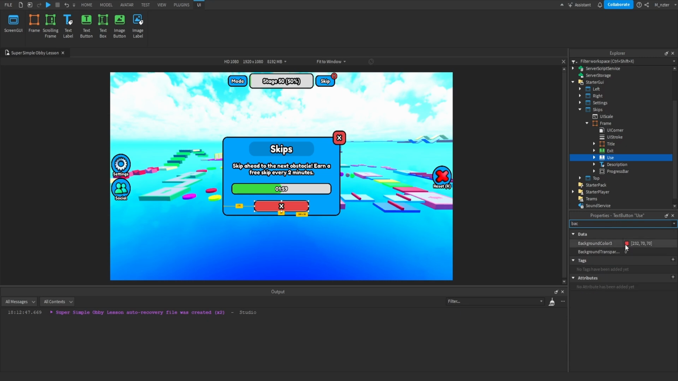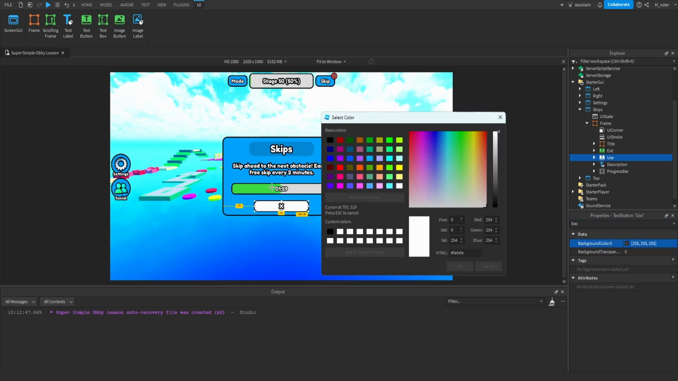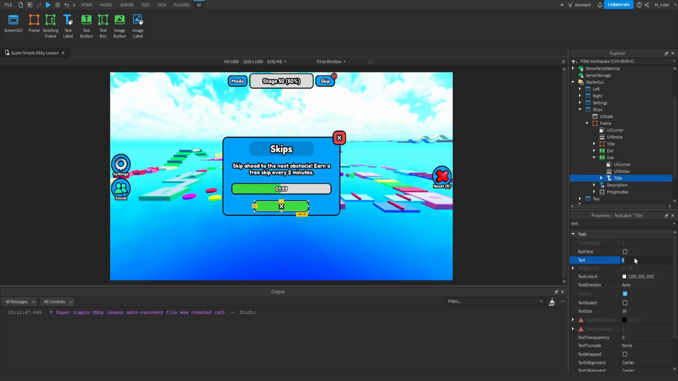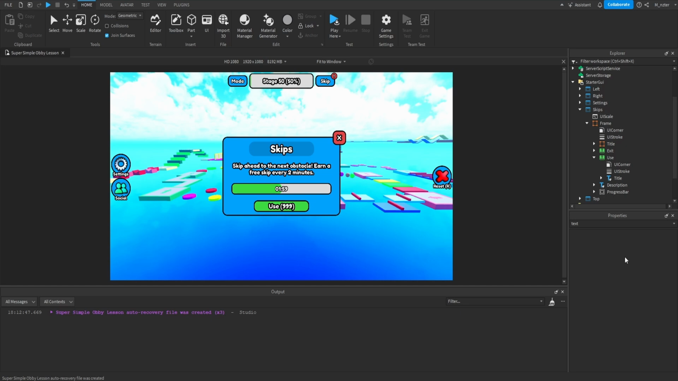Next, I'm going to go ahead and update the background color of this, and I'm actually wanting to use the exact same green that we used inside of the progress bar. Then we'll go inside of the use button, and let's update the text label called X to be called title. Then for the text of this, I'm going to say something like use, and then in parentheses, I'm going to say 999, and then a closing parenthesis, as this is how we'll actually display the amount of skips that the